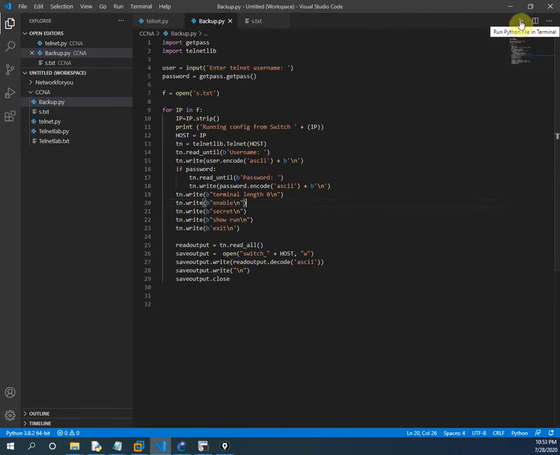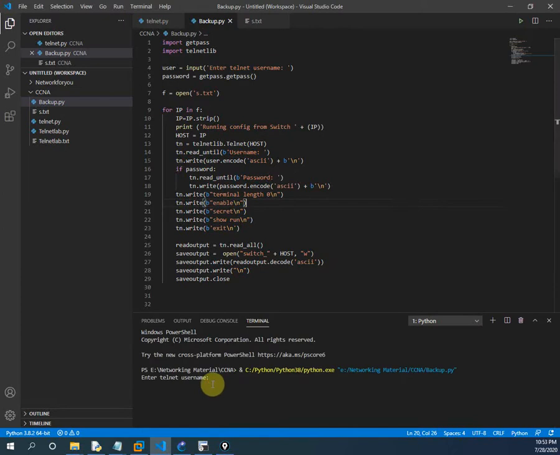I can run it, but before running, if you see here, we do not have the backup file. We will have the backup file here. I will run this one. It will ask for the username, we wrote admin, then the password, we wrote Cisco. I will press enter, then it will run.